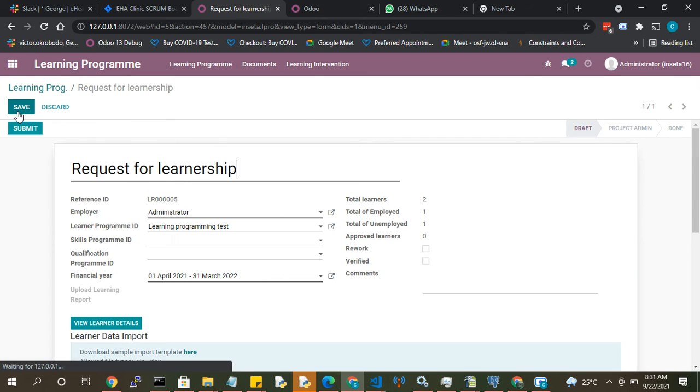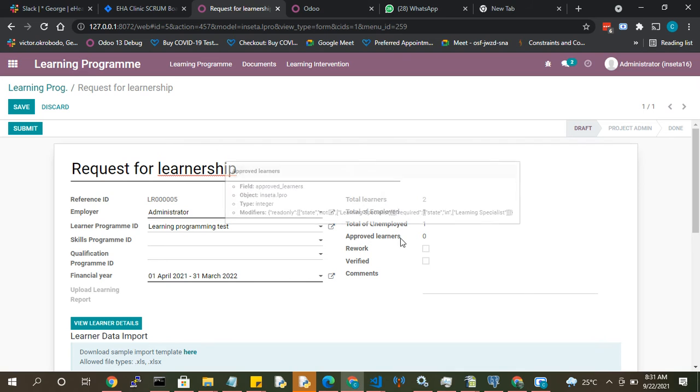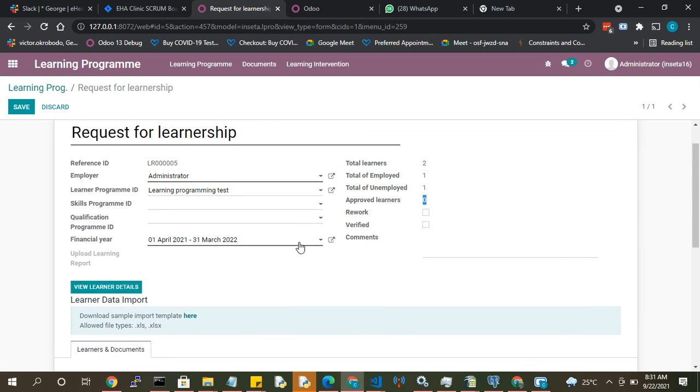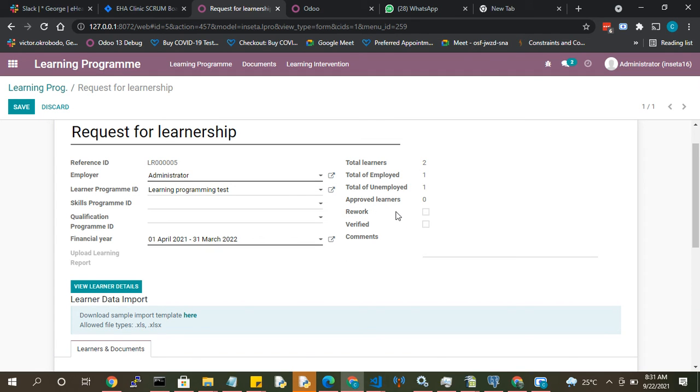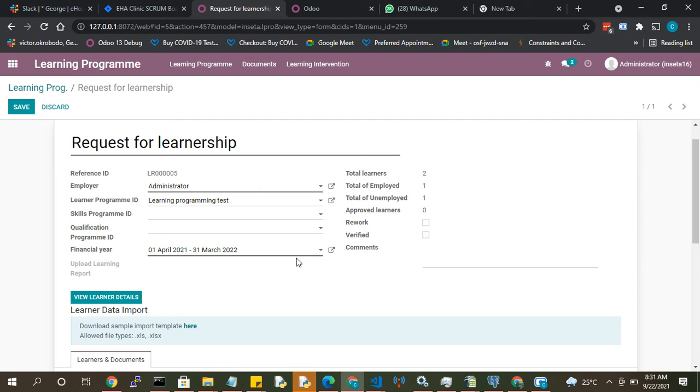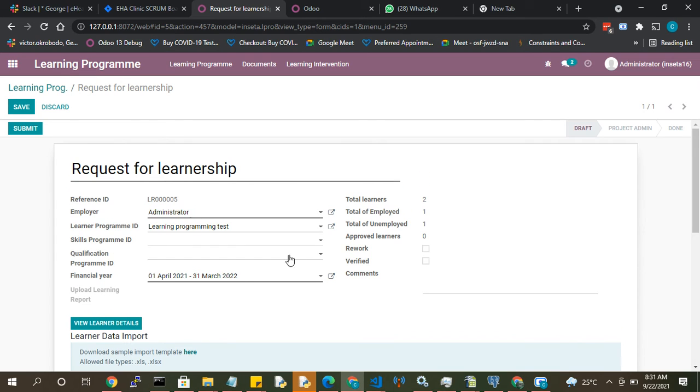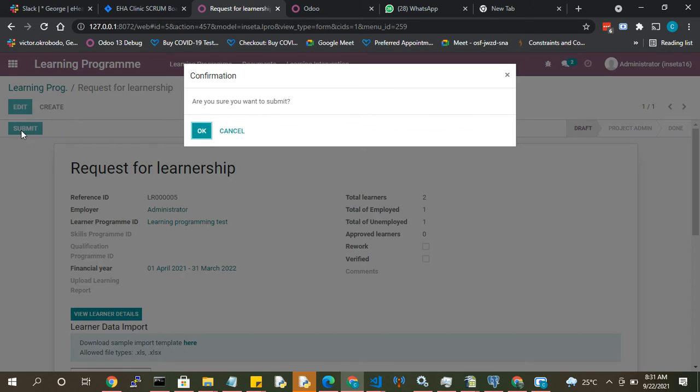So the skill manager will approve, will add the number of learners to be approved. So once this is coupled with the DG that is coming up, we can actually get the estimation of the approved learners, and then the budget for this learnership. So that is the advancement that will be coming up if the chip is coupled with this. There we can also select the project that is tied to this learning program. So we now save this and then we continue with the workflow where the employer